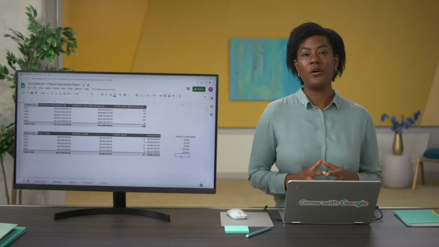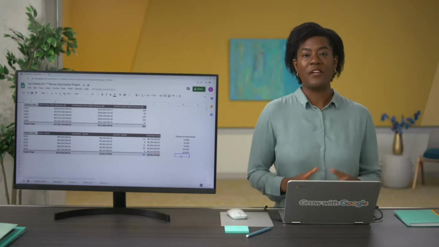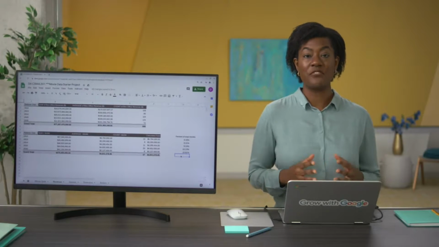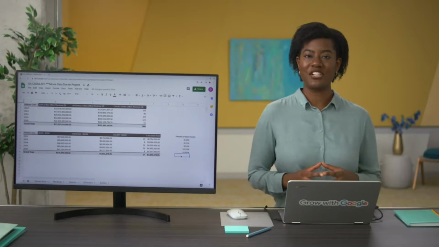In real life, we'd most likely need to take our analysis even further and explore the data even more depending on our objectives. But for this video, our objectives are complete. You've learned how you can use pivot tables to perform data calculations. It'll take practice, but pivot tables are worth it because they do more than calculate. They organize and filter data too. Pivot tables are also used to form the framework for lots of data visualizations, like graphs and other charts. You'll learn more about data visualizations soon.